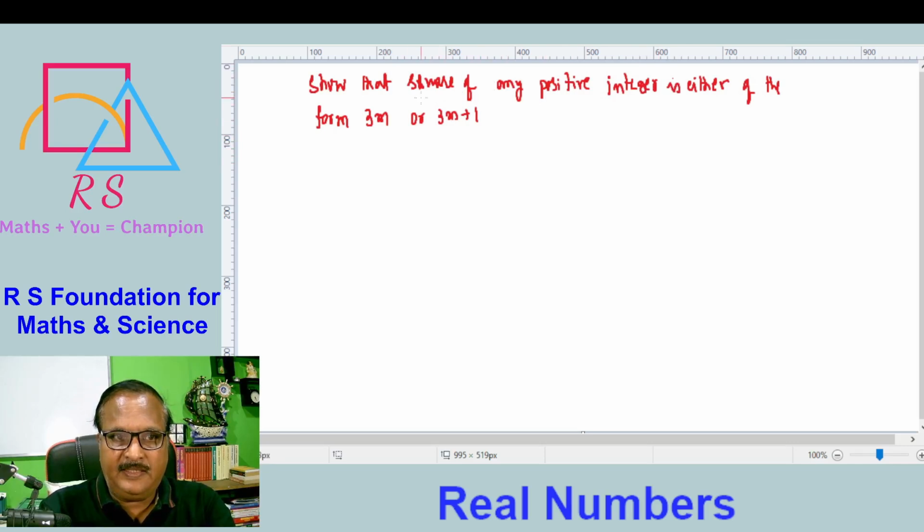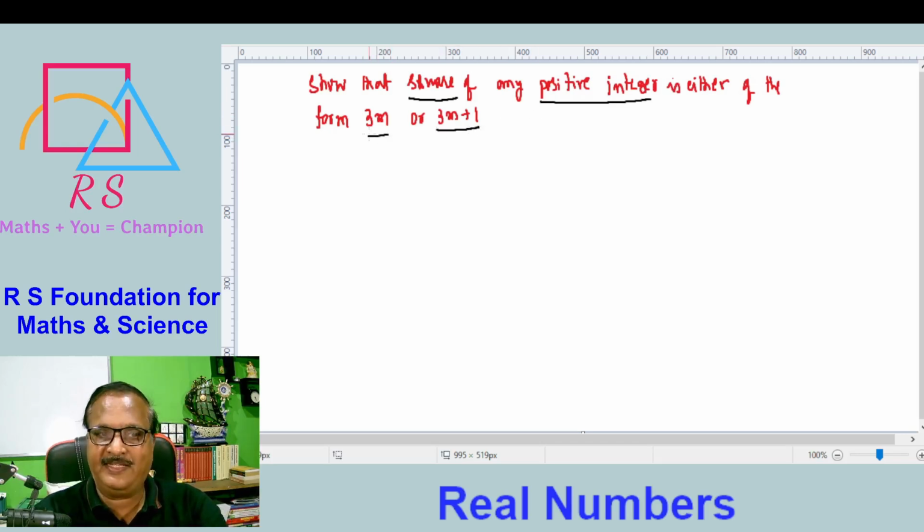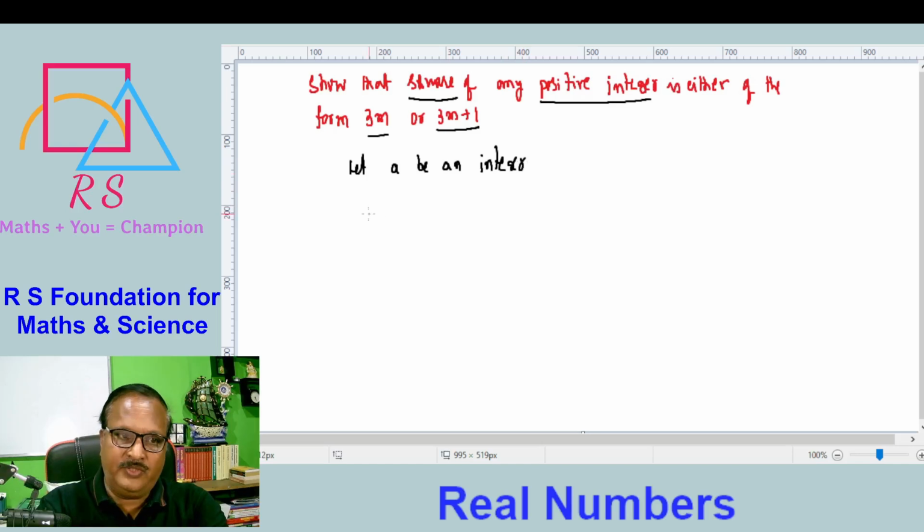So here it is given: the square of any positive integer is either in the form of 3m or 3m plus 1. Here the divisor is 3. In the previous question 4q plus 1 was there, so 4 was the divisor. Here 3 is the divisor. You should be able to understand the divisor. So here also let a be an integer. Then if a is divided by 3, because 3 is the divisor here,